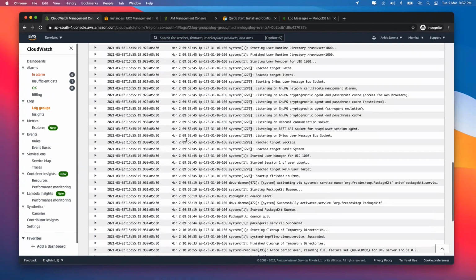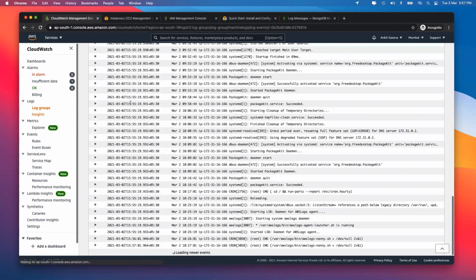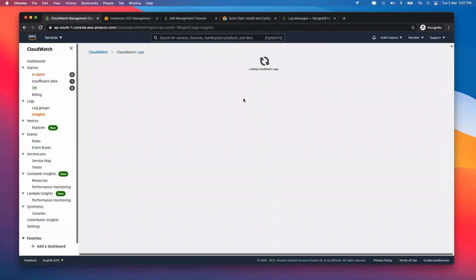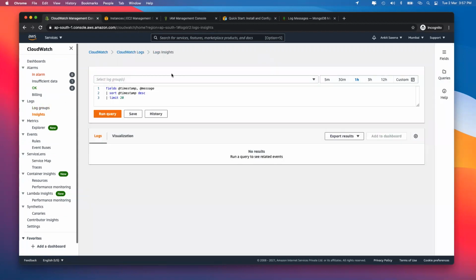Now, there is another new service, which is known as Insights. If you go and enable that, AWS will automatically tell you if there is any data that can be extracted. So let's say that there are certain things. In this case, you can do a sort, you can do a limit, you can do a run, and then whatever results are there of the log, you might want to go and check that.